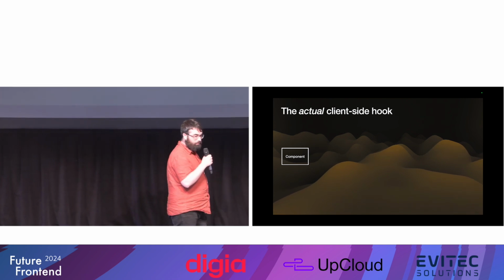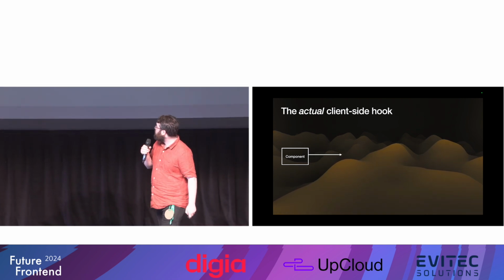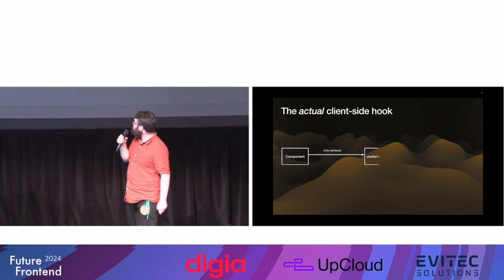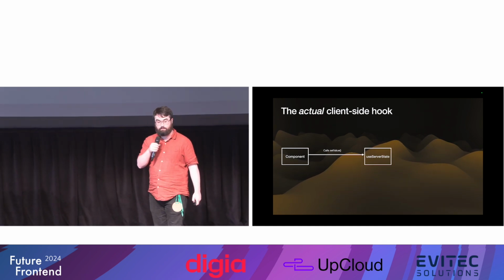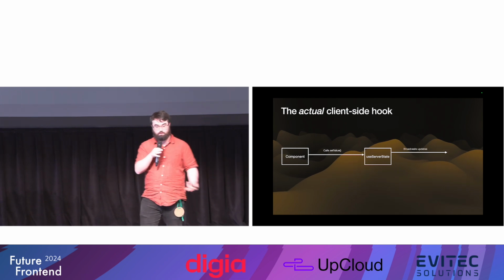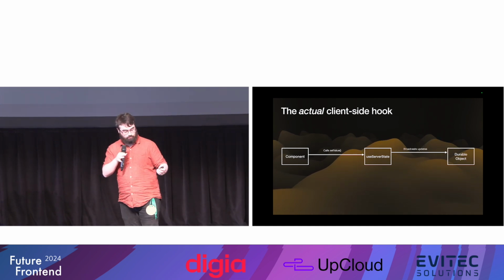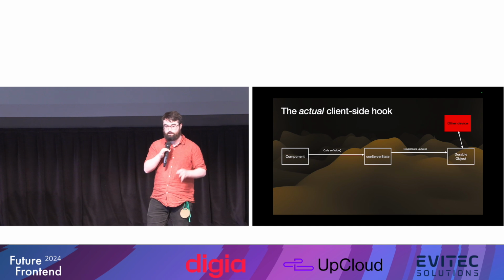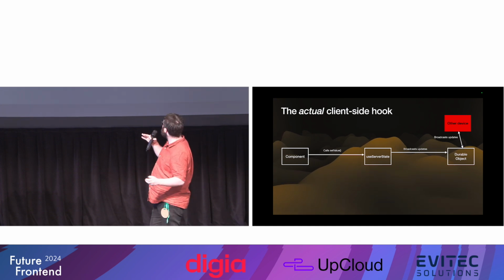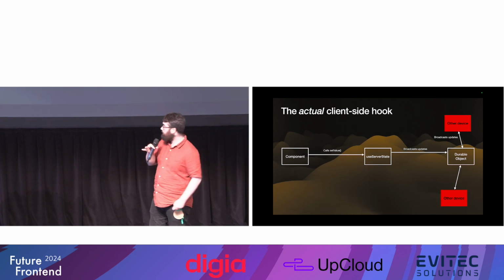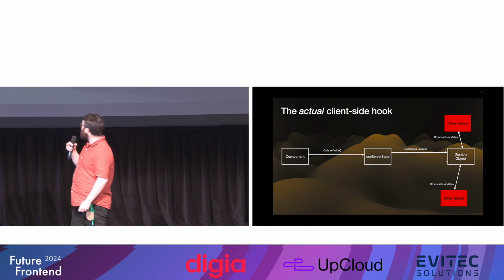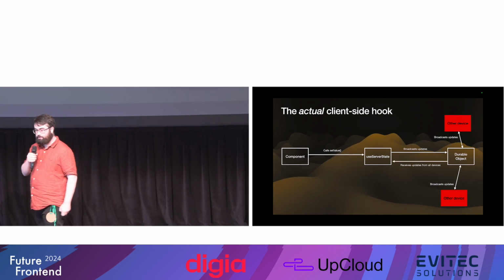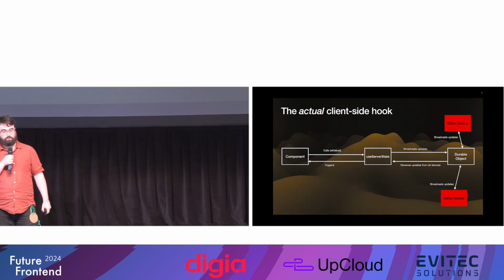Your React code, the components, will send updates to the use server state hook, which is client-side code. That use server state hook will say to the server, hey, I've got a new update, do something with it. The server will then broadcast that to every single device that's connected, and they will then go and update their own things. But those other devices can also broadcast, and then that will come back from the durable object, back to use server state, and back to your component code, and trigger a re-render.